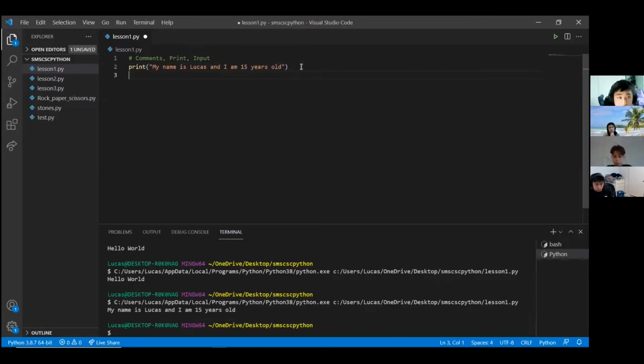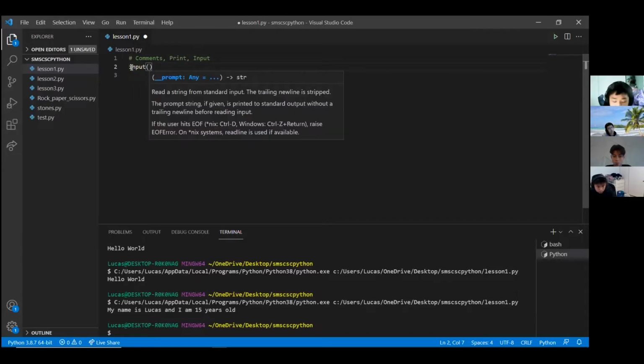So what if, say, your name is not Lucas and you're not 15 years old? How would you run the program and let it print something that says your name and your age? So what we're gonna do is take an input this time from the user. So that would be, we take input, and then